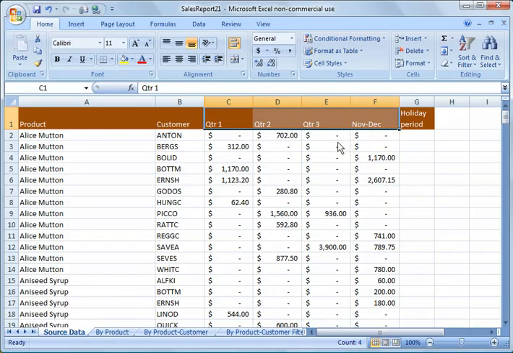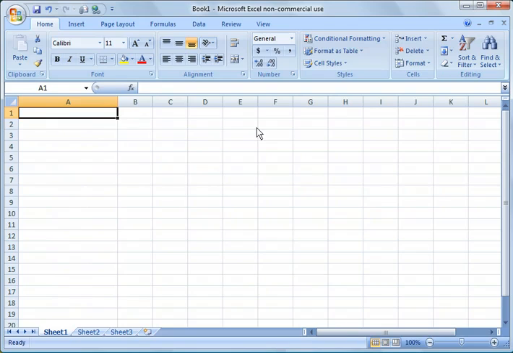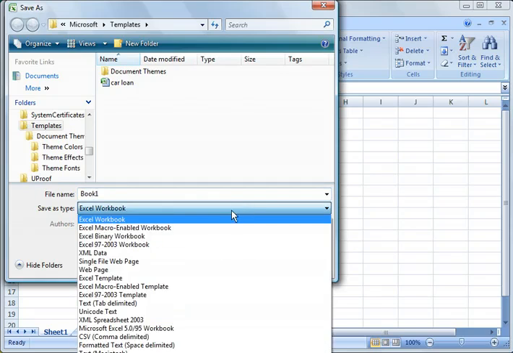So another thing that you may want to do is create a template and make it the default template or workbook that you actually start up with. So how you would do that is you would create a template. Let's just assume we're going to create something. We'll call it Acme Corp. And let's say you always wanted your employees, when they come in and they start up Excel and they start working, you always want the company name and a disclaimer at the top, right? But for right now, we'll just put Acme Corp here. So what we would do is say File, Save As, save it as a template,